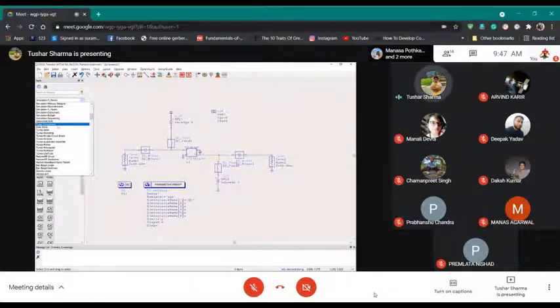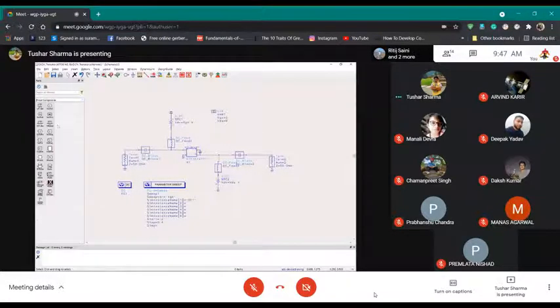If you go down, you will find probe components. Click that and then iProbe. So iProbe means your current. You can change this to IDS, and then you just use this IDS here. The drain current should always be in the direction of flowing towards the device. So technically we have to mirror this.